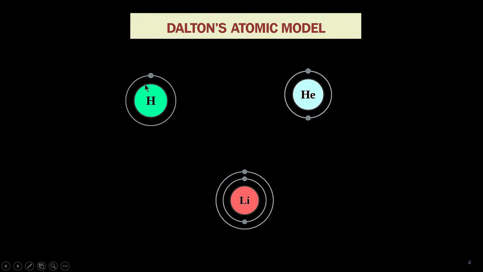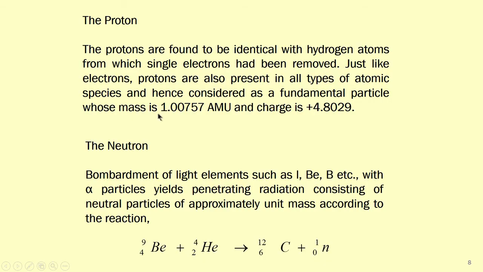If I remove this hydrogen atom, then what I have is a hydrogen atom without an electron, that is known as proton. So, just like electrons, protons are also present in all types of atomic species. That means they are universal in nature. Every material around us is composed of protons, and hence it is also considered as a fundamental particle whose mass is 1.00757 atomic mass units and charge is plus